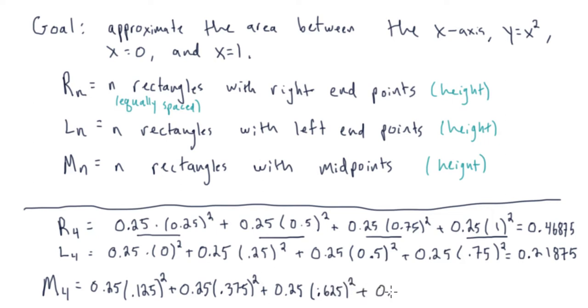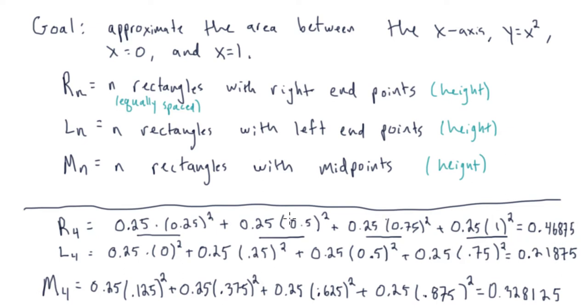And then finally, we'll have 0.875. Okay, and then what do we get when we compute this? We get 0.32815. So you see that the approximation using the midpoint of the interval